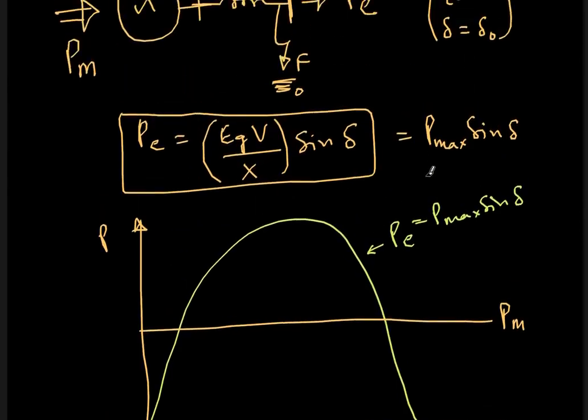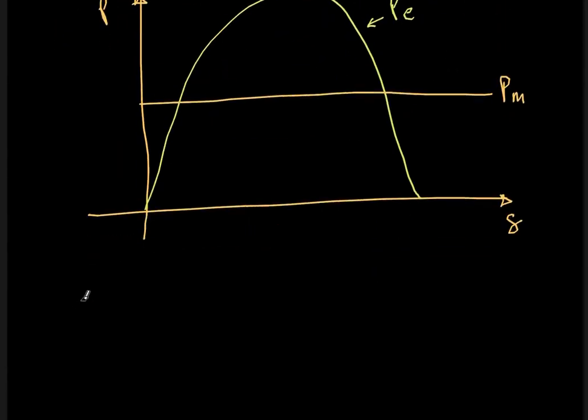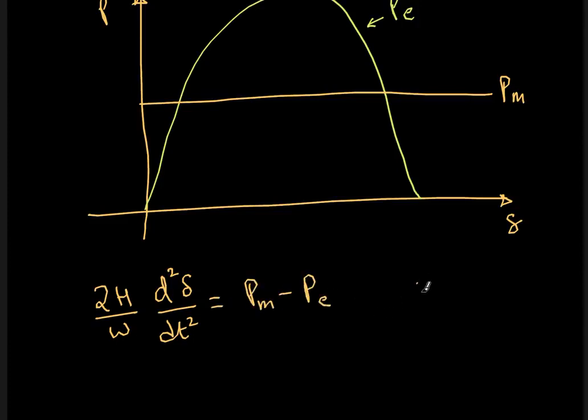For stable operation, we also know the swing equation. So the swing equation is 2H by omega d square delta by dt square is equal to Pm minus Pe. This is all in per unit. We had derived this some other time. So for now, take this as the swing equation. So if Pm is more and Pe is less, then the rotor will accelerate. So this delta is the rotor angle, with reference to the moving rotating reference frame. If Pe is more than Pm, then... This difference is denoted as Pa, where Pa is